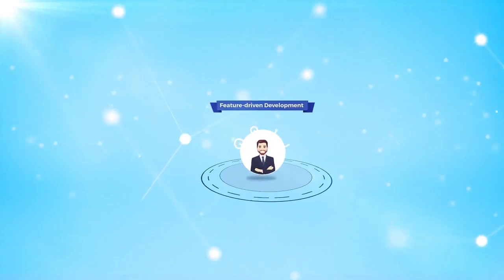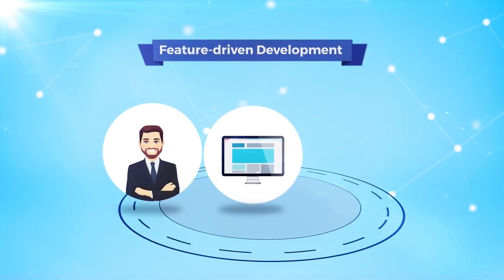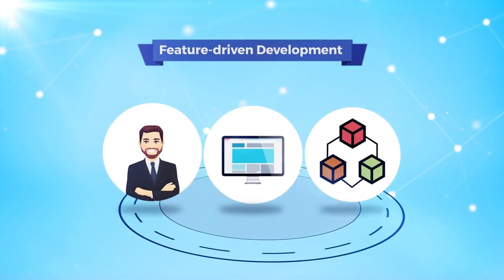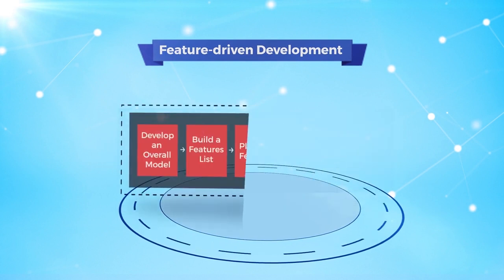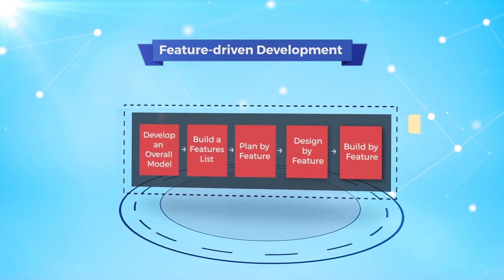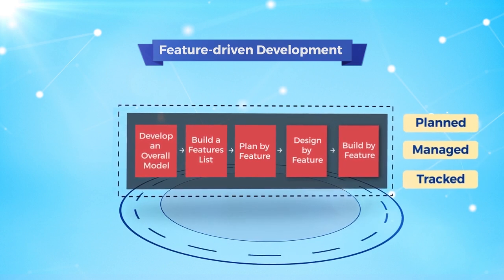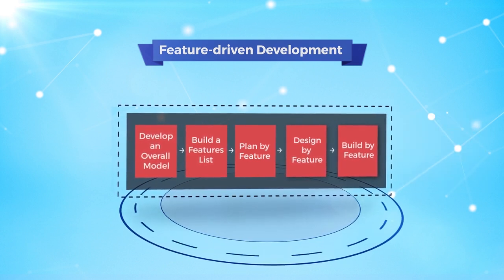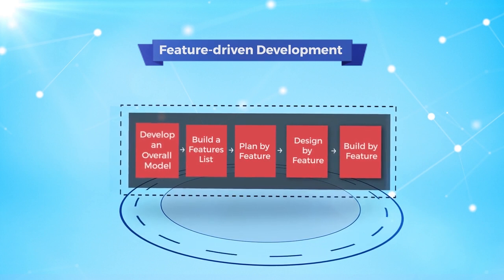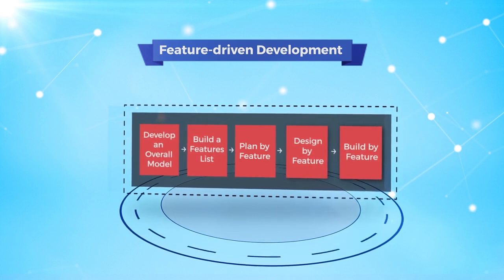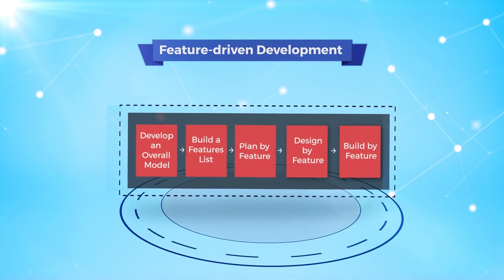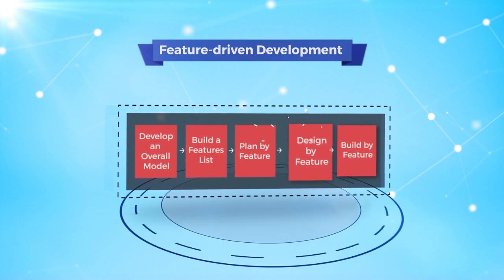Feature-driven development, or FDD, provides a client-centric, architecture-centric, and pragmatic software development process. All aspects of the software development process are planned, managed, and tracked at the level of individual software features. 5 main activities in FDD are: develop an overall model, build a features list, plan by feature, design by feature,